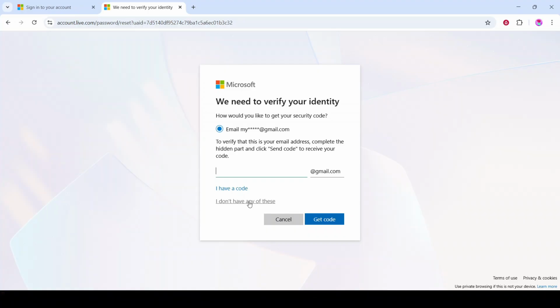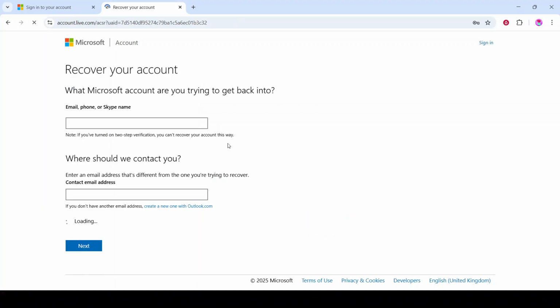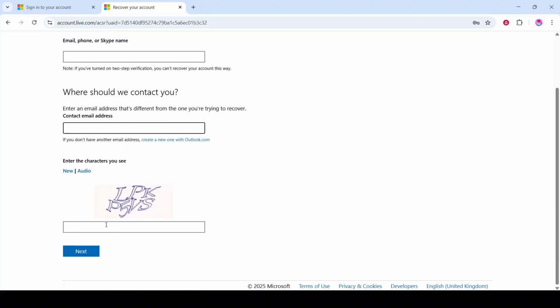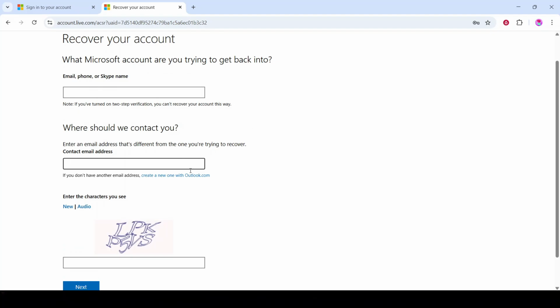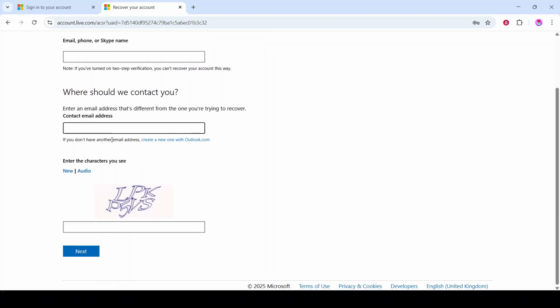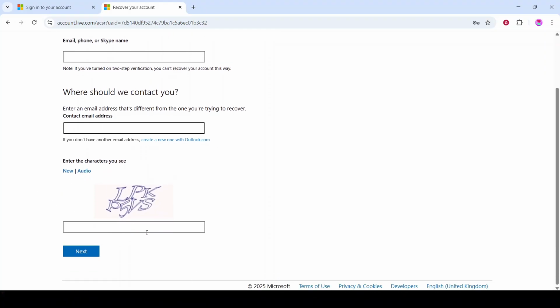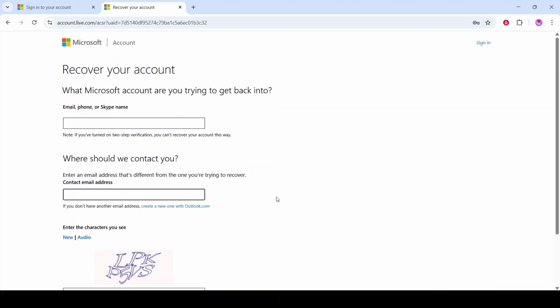Select I don't have any of these and provide details that only you would know, like recent contacts you've emailed, purchase history tied to the account, or information about when you created the account. Be as accurate as possible. Microsoft typically reviews submissions within about 24 hours and will email you with next steps, so avoid resubmitting while you